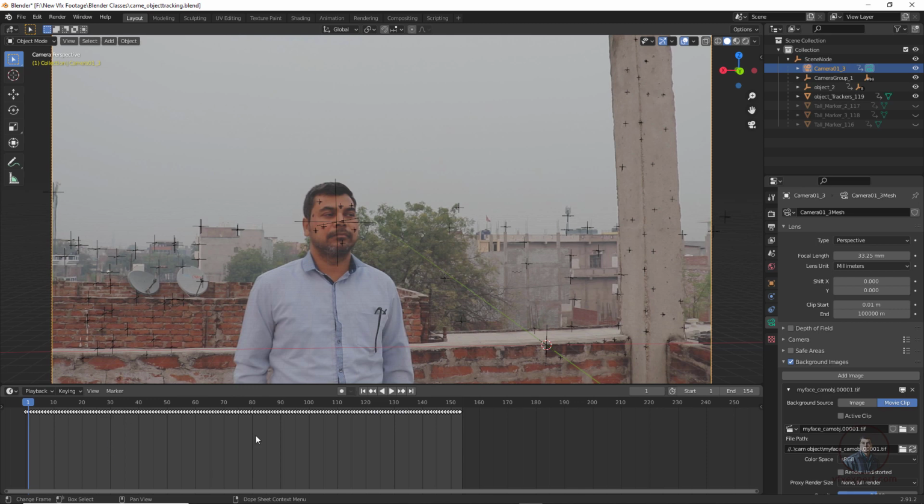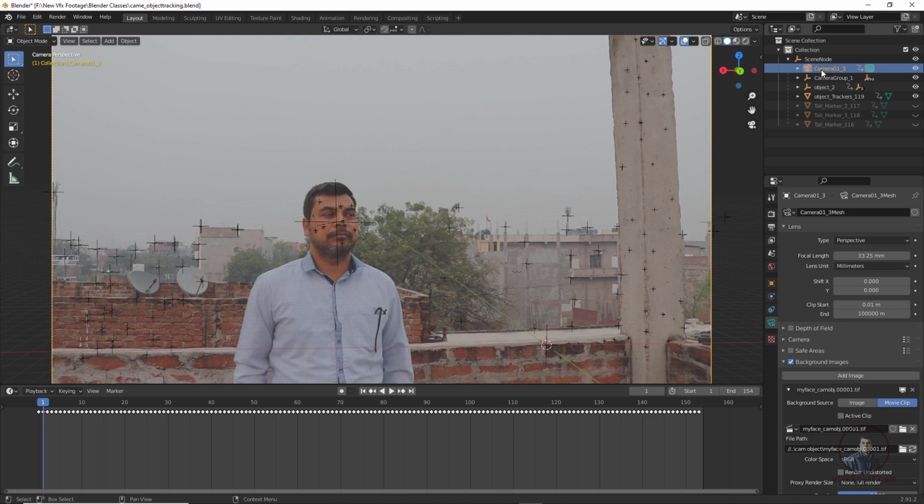If you zoom into this timeline a little, you can see that this entire animation starts from 0, but our timeline starts from 1. So we have to shift this entire animation to start from 1, then only it will match. Remember this, because I have imported our camera plus object motion, so both motions have to be offset.